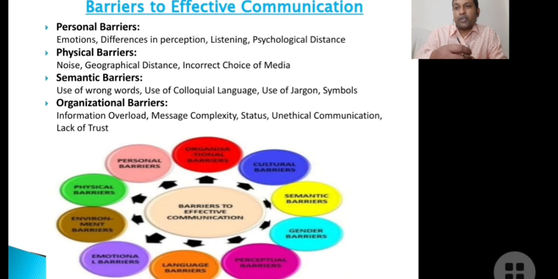So organizational barriers, information overloaded information, that is ইনফরমেশন যদি অনেক বেশি হয়ে যায়, ইনফরমেশনের চাপ বেড়ে যায়, তাহলে তথ্যের চাপ বেড়ে গেলে সেক্ষেত্রে একটা ব্যারিয়ার হবে। মেসেজ কমপ্লেক্সিটি, জটিল তথ্য বার্তা দেওয়া, সেটা একটা বাধা হবে, সঠিক ভালো ইফেক্টিভ কমিউনিকেশনের ক্ষেত্রে বাধা হবে।